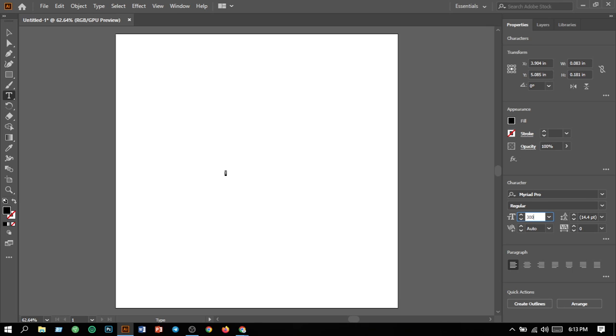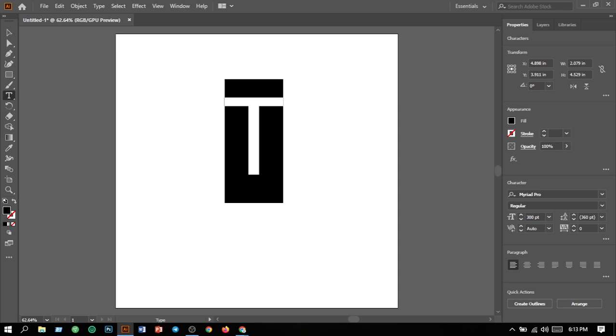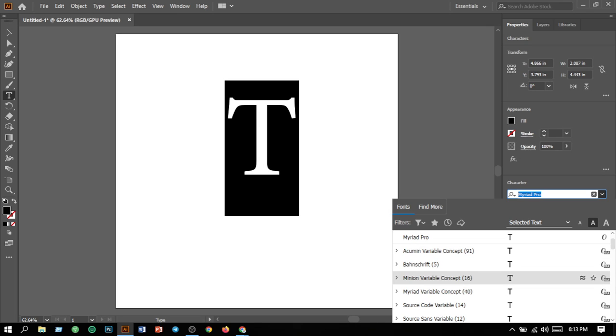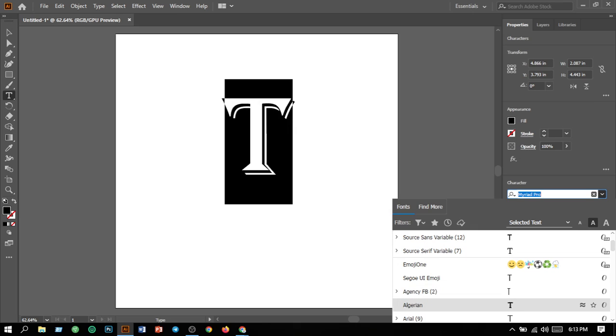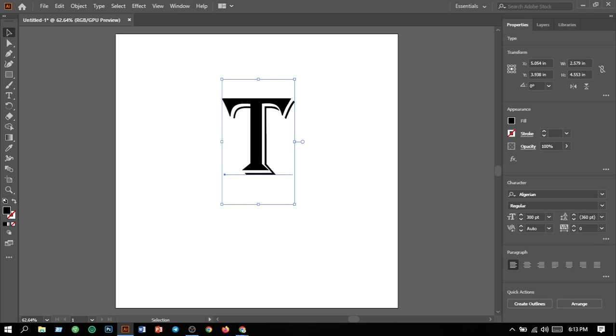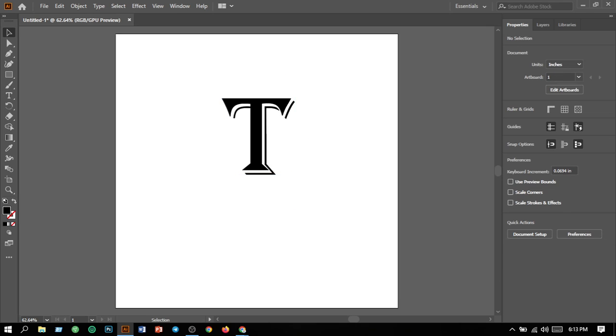Which font will be perfect here? I will choose it. Okay, I am choosing this font here and how it looks. I think it looks pretty good. So here